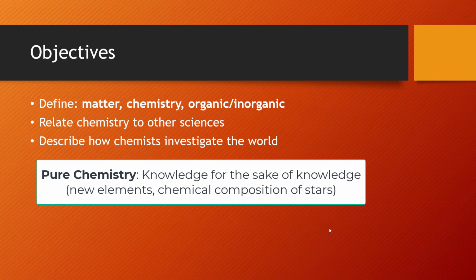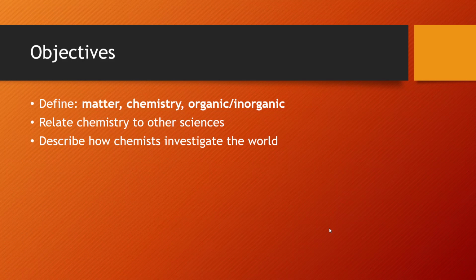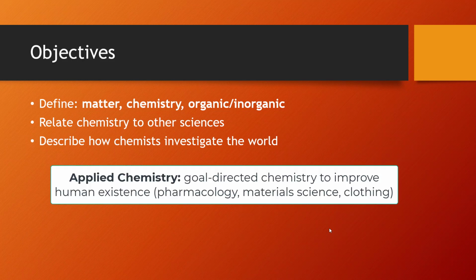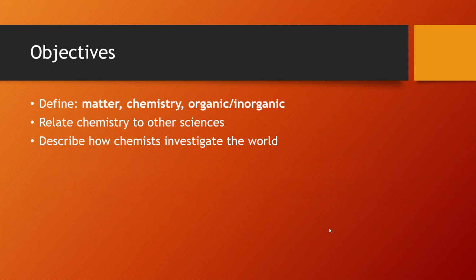Pure chemistry is just looking at chemicals because they're interesting and they're good for their own sake. So trying to discover new elements is going to be a form of pure chemistry. Applied chemistry has a practical goal or a practical application in the world. So studying the mechanics of Kevlar would be practical chemistry, or a faster chemical reaction to make hydrogen gas is